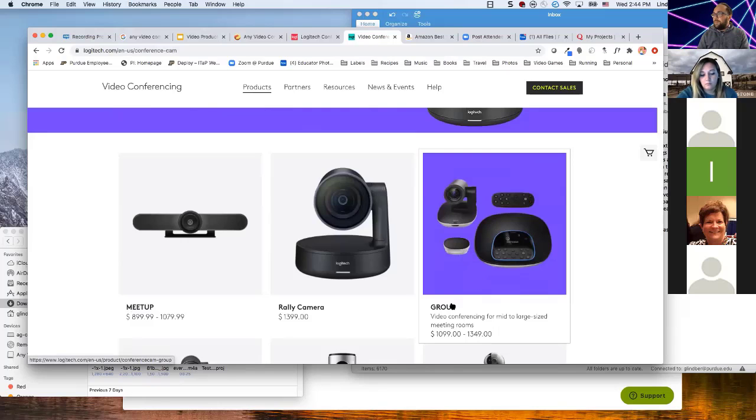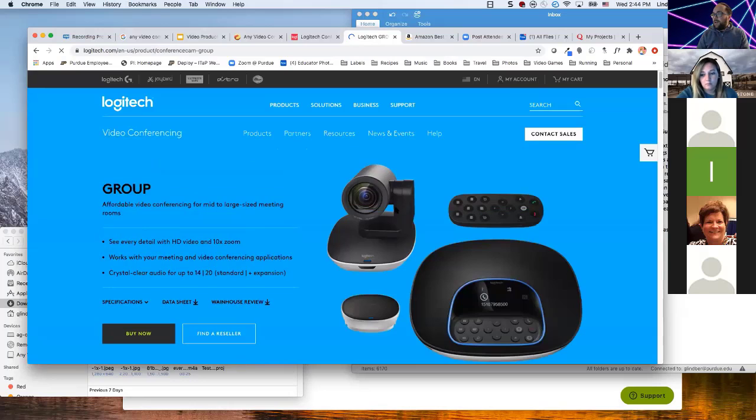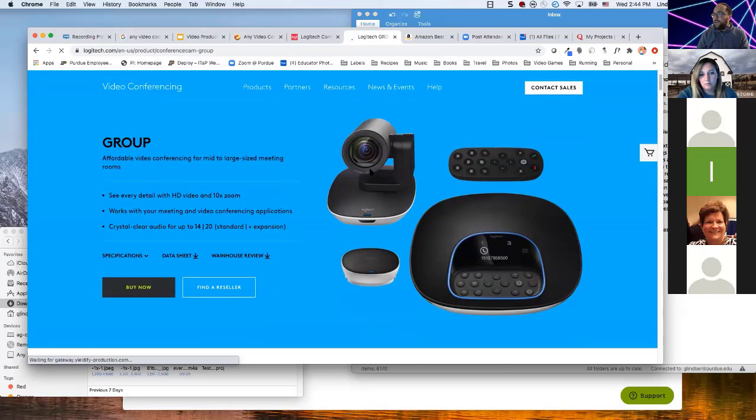This one also has the camera that can track your movement, and then it has the speaker and microphone that you can put in a different location. So the camera can go on one side, this can go in the middle of the table, and then you also have the remote. And this one has worked out pretty well too.